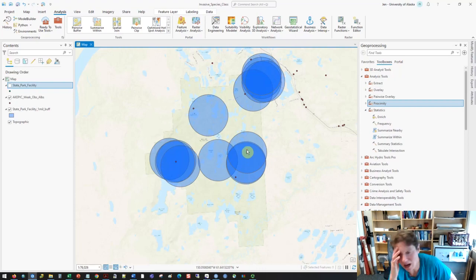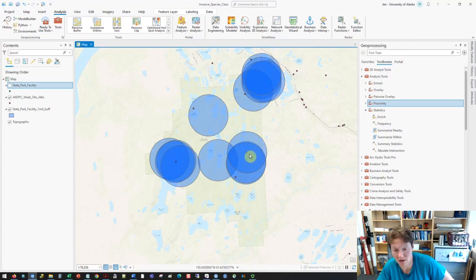With a spatial join, you can do multiples, but you're going to greatly expand your data. Say this point here for this invasive species, it looks like it might be in